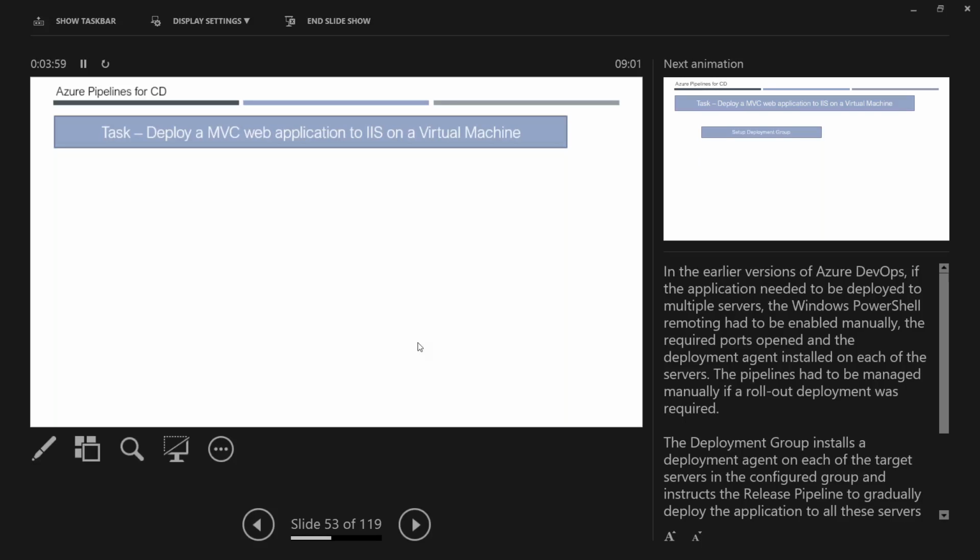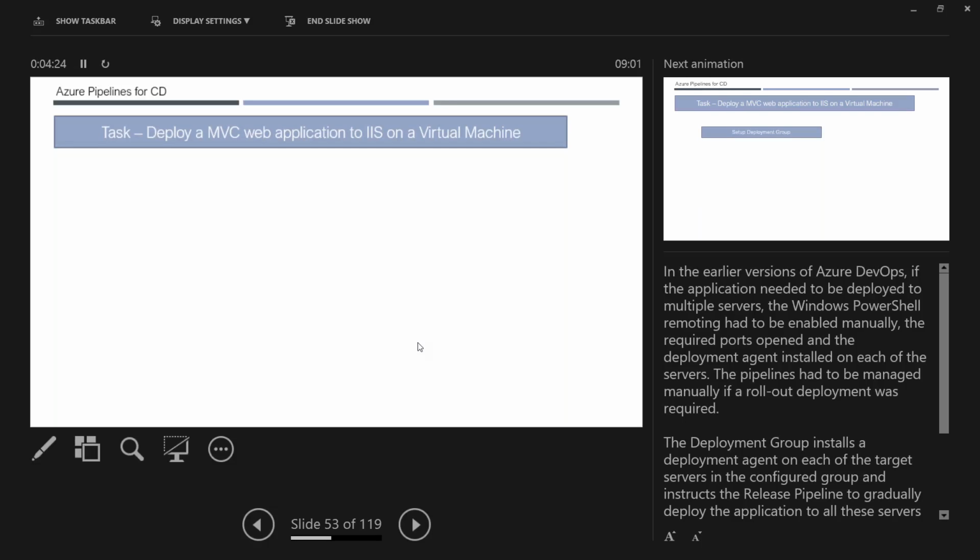Most of the time, 70-80% of the applications will be running on web servers, be it IIS or Tomcat or whatever it is, right? And some other 30-40% will be running on the PaaS side. That is, if it is Azure, it will be Azure App Service. So you deploy your code to the Azure App Service.